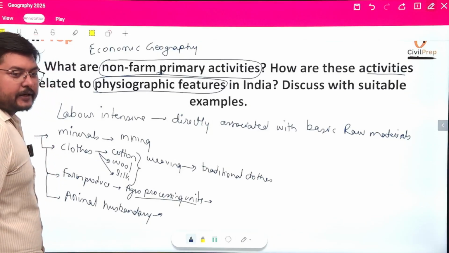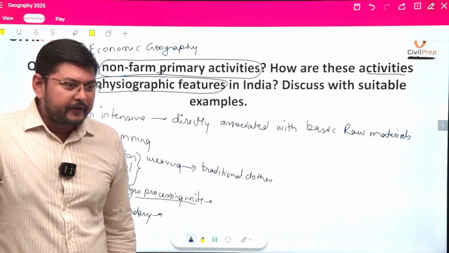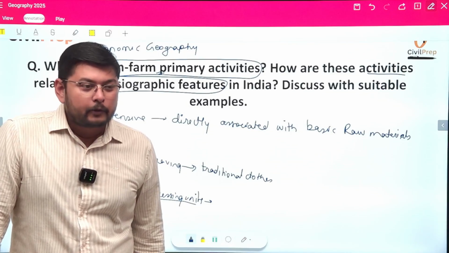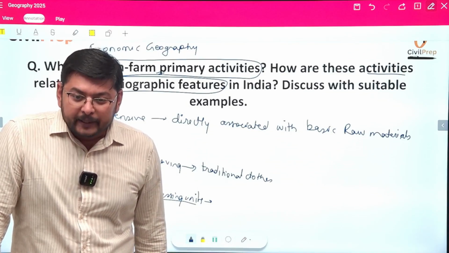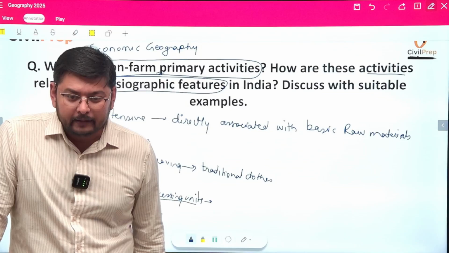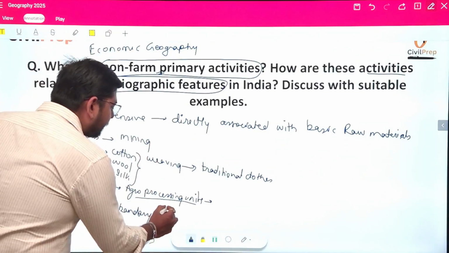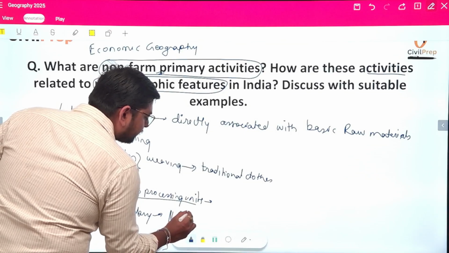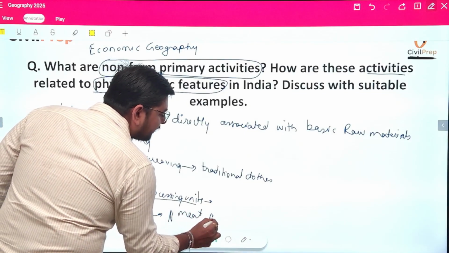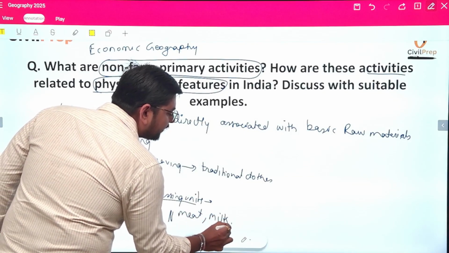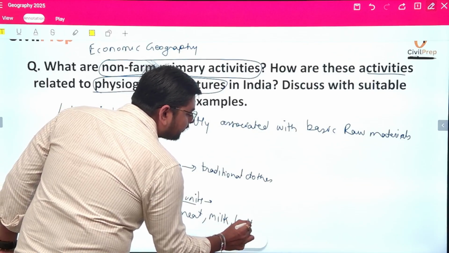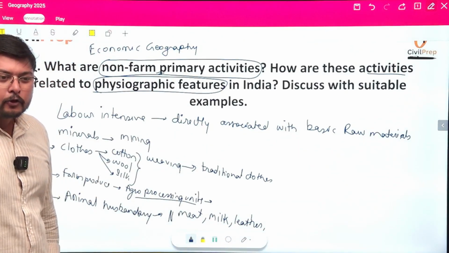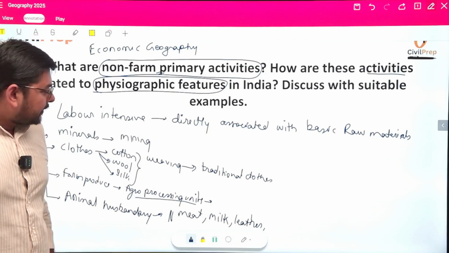Okay, animal husbandry, it is a kind of allied activity. तो इसके अंदर मैं देख रहा हूँ कि for example poultry farming है, then dairy farming है, meat farming है, meat के लिए मैं कुछ कर रहा हूँ, so we have meat, milk, leather, etc. इनके लिए मैं किसी पर्टिकुलर एनिमल को डोमेस्टिकेट करके उन्हें यूज कर रहा हूँ,